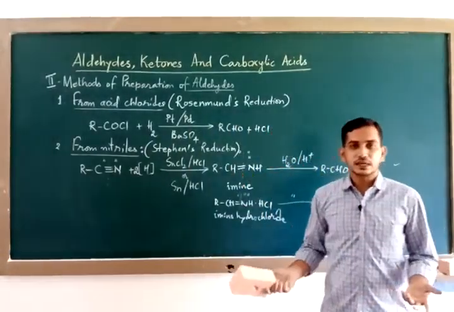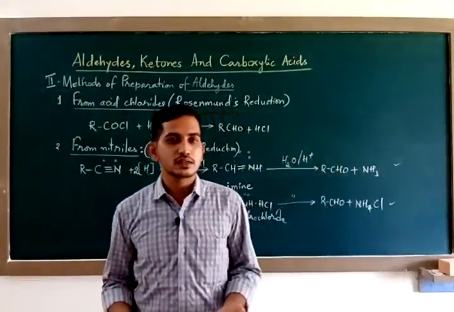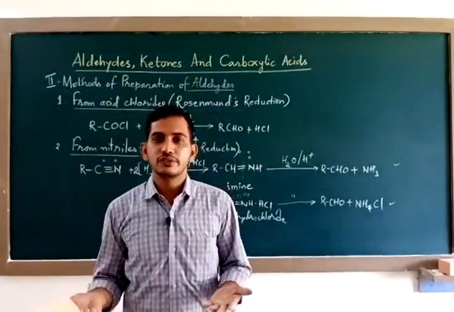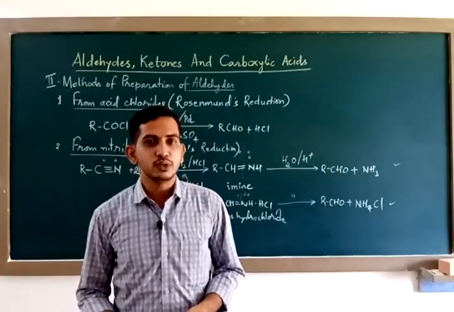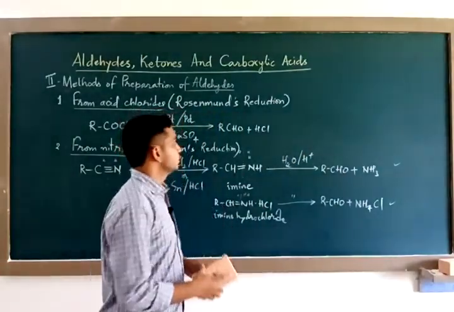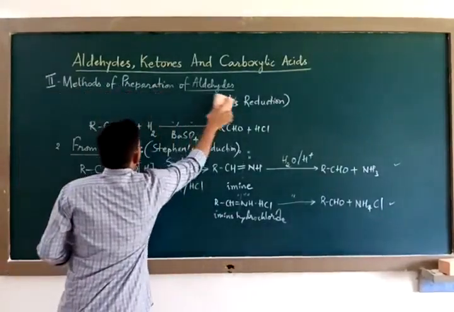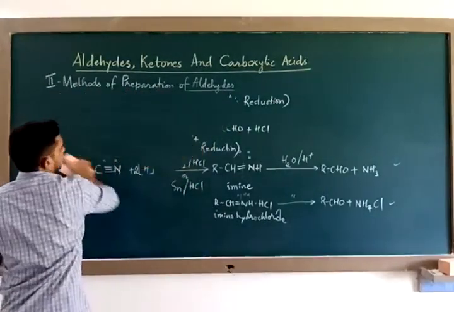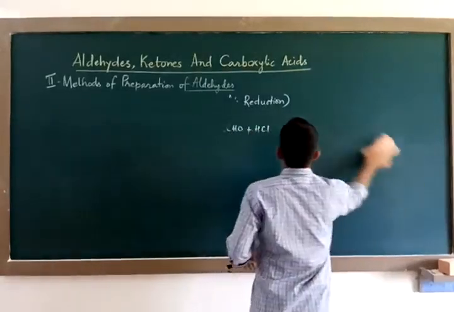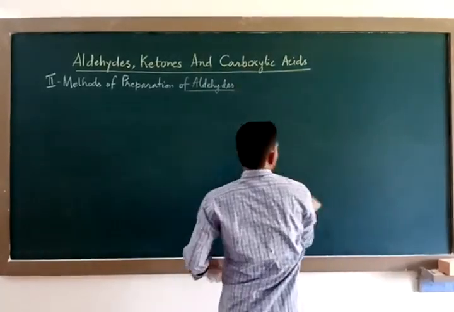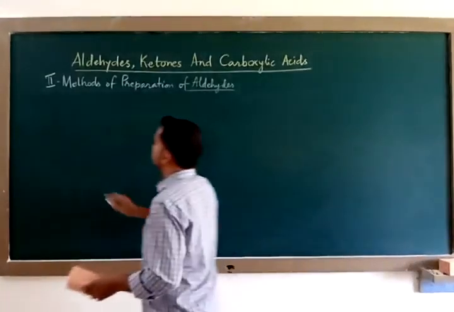What is Stephen's reduction? It is a reaction where nitriles are reduced using stannous chloride and HCl to give imines, which are further hydrolyzed in acid medium to give you aldehydes. So both of these are named reactions. Let us see some other reactions by which aldehydes can be prepared. These reactions are also important. So the first reaction under the third method is